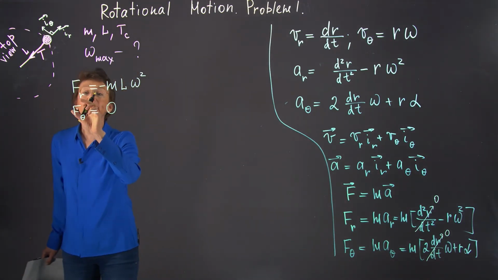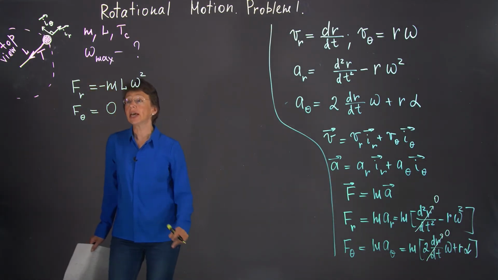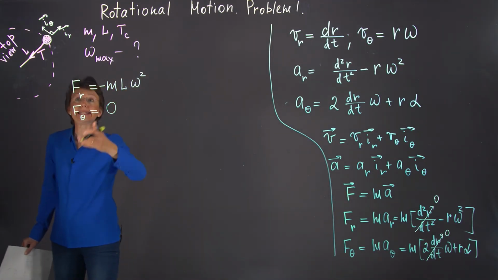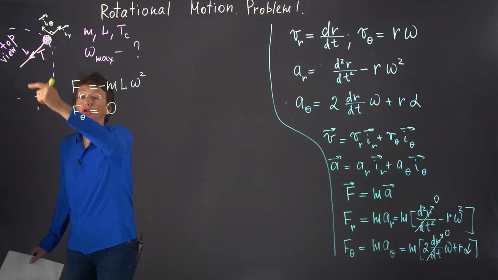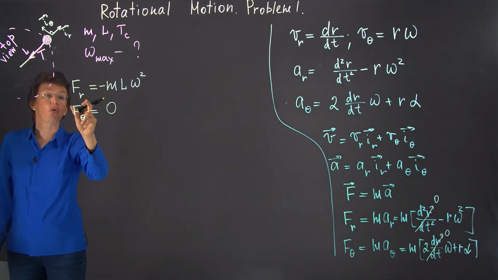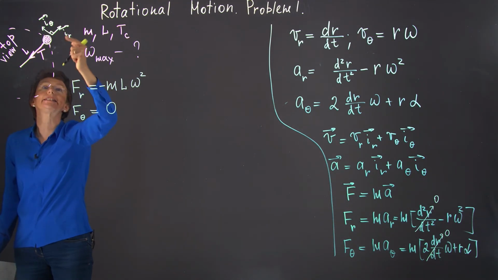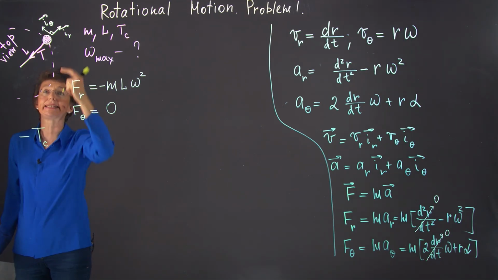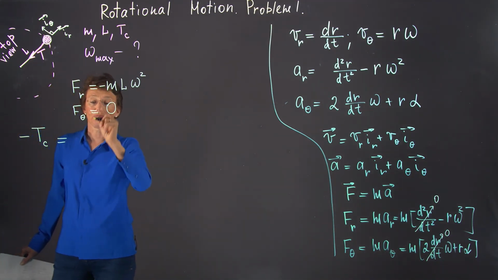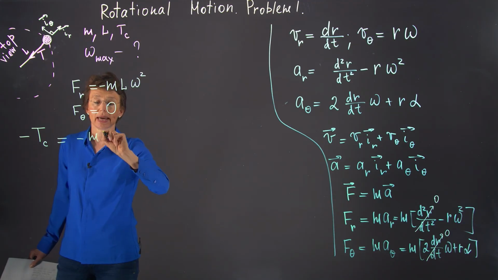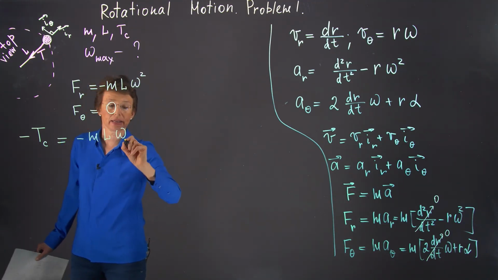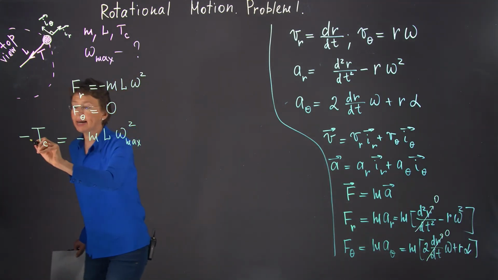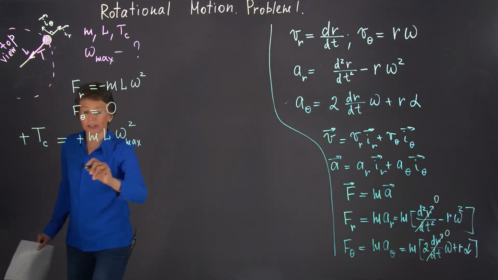We have net force in radial direction. And we know the magnitude of this force when we need to find omega. It is Tc, and the direction is towards the center. So the projection of the force on my radial direction, positive radial direction, is negative. Minus Tc is equal to minus m L omega squared, and this omega is omega maximum that we are looking for. Minus, minus, plus,